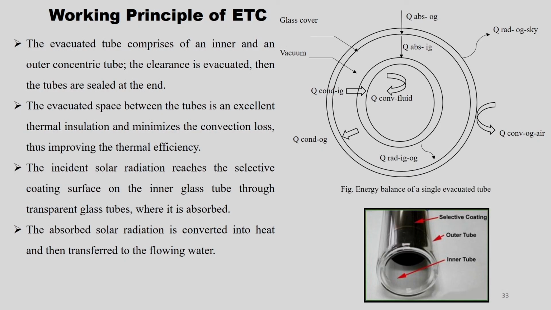The evacuated tube comprises of an inner and an outer concentric tube. The clearance is evacuated. So, then the tubes are sealed at the end, right. So, this is the arrangement where your fluid is flowing inside the inner tube, right. So, this is the inner tube. So, this is the outer tube,